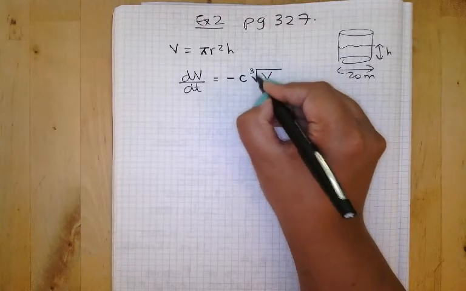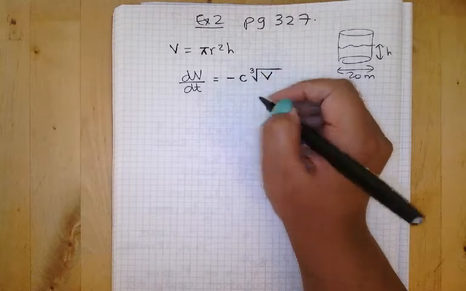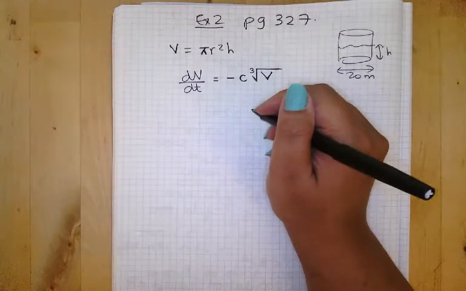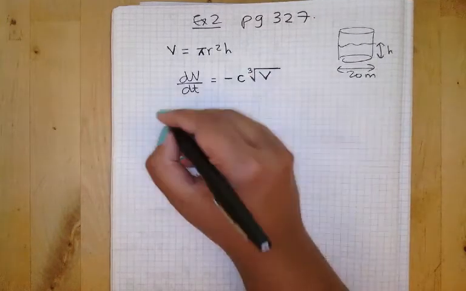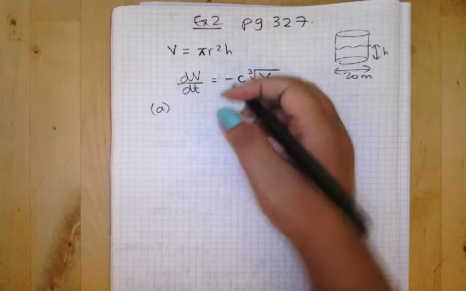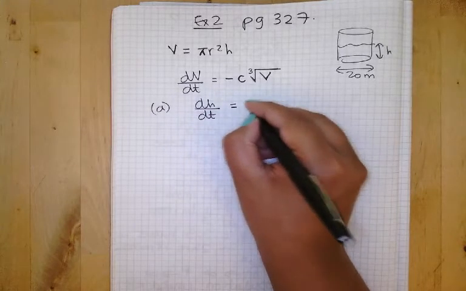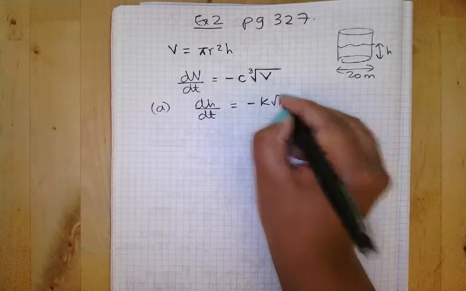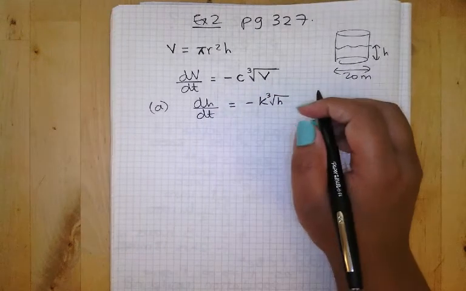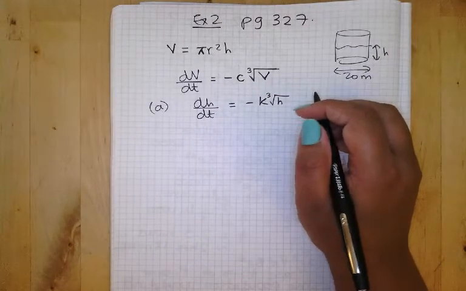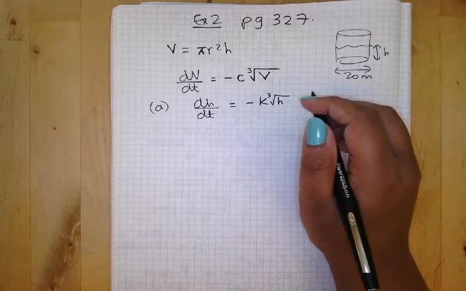So that's going to be cube root of V. Show that t minutes after the tap is opened, dH by dt is equal to minus k h cube root for some constant k. Okay, so